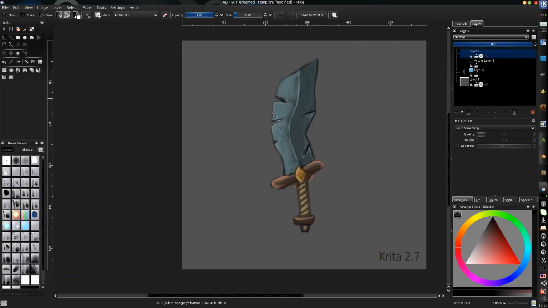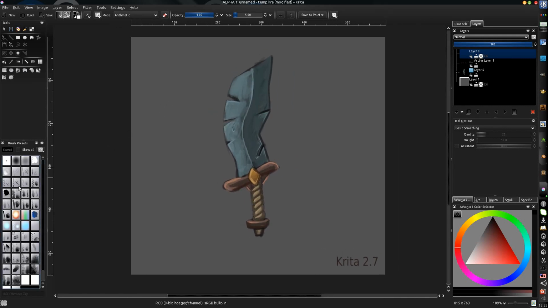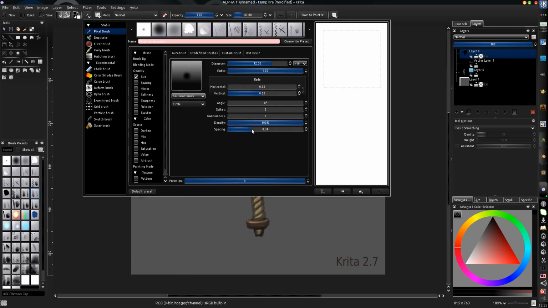Hello, this is my little introduction to 3DCoat and Krita. Krita is a good 2D painting program which has pretty interesting and good brushes, and I just want to introduce you to some of them. So it has